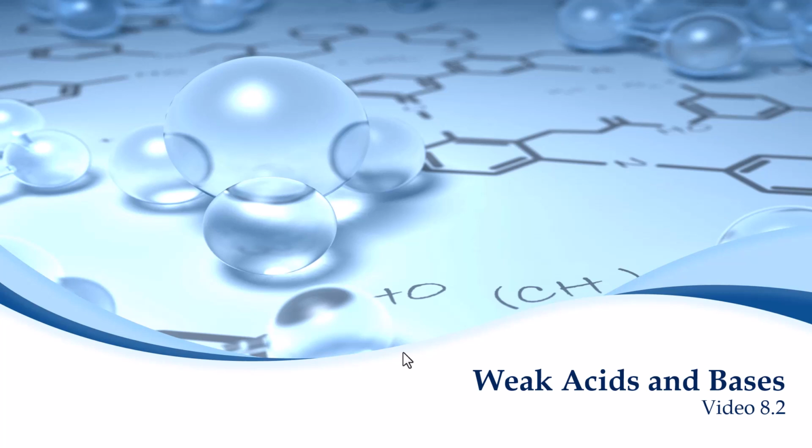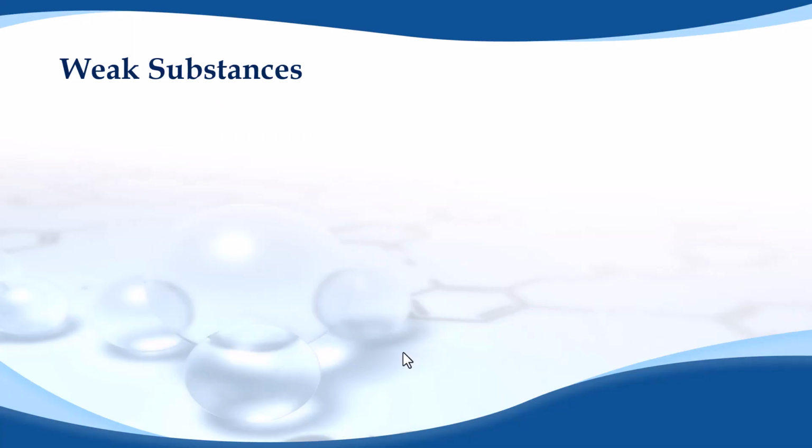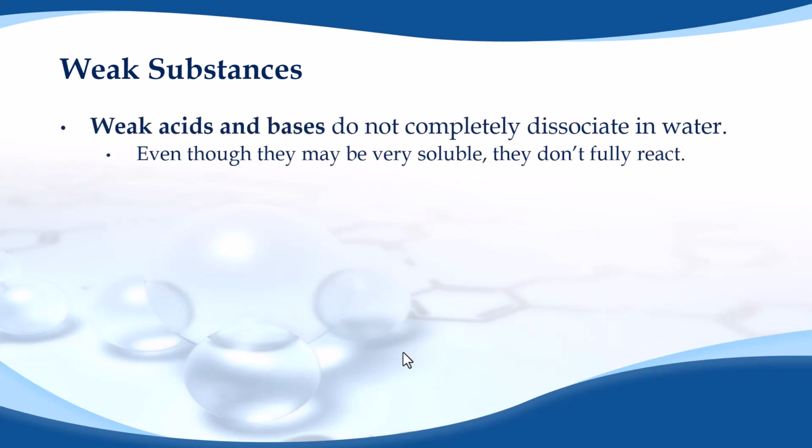We talked in the previous video about how strong acids and strong bases are substances that dissociate completely, and I gave you the list of the 6 strong acids as well as the strong bases. Well, if a strong acid or strong base dissociates completely, weak substances do not. They only dissociate partly in water. Like I said for strong bases, you can have something like calcium hydroxide, which isn't very soluble but is still a strong base because it completely breaks up. You can also have substances that are extremely soluble, so for example, acetic acid is very soluble in water,